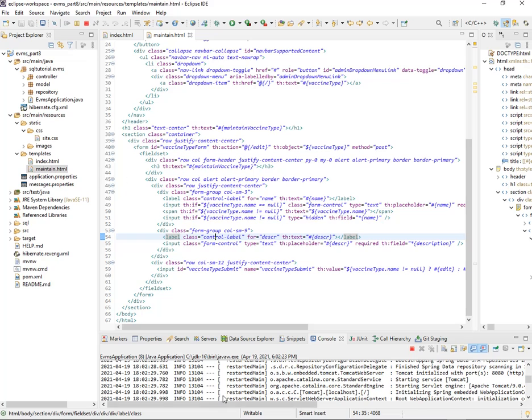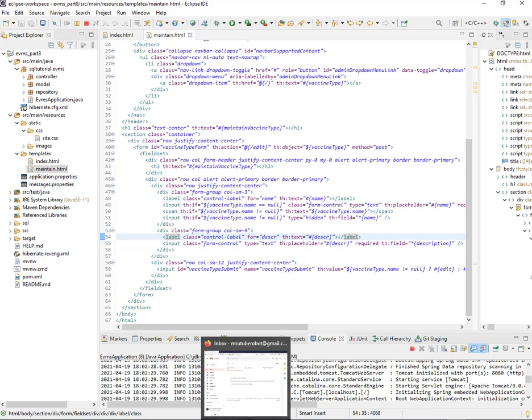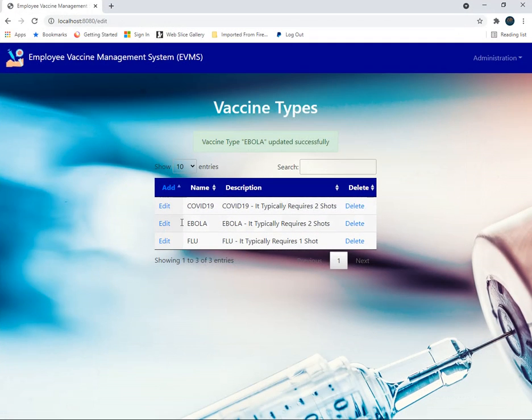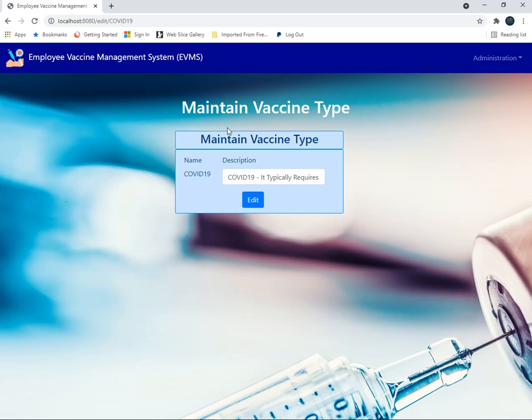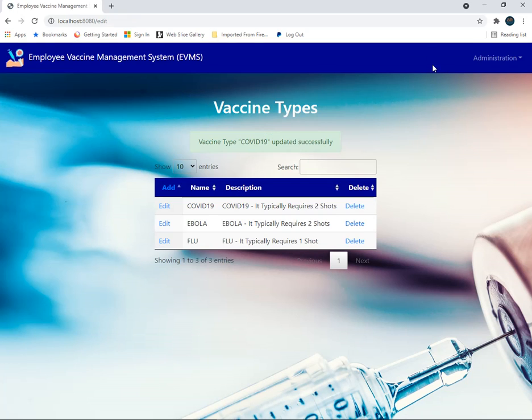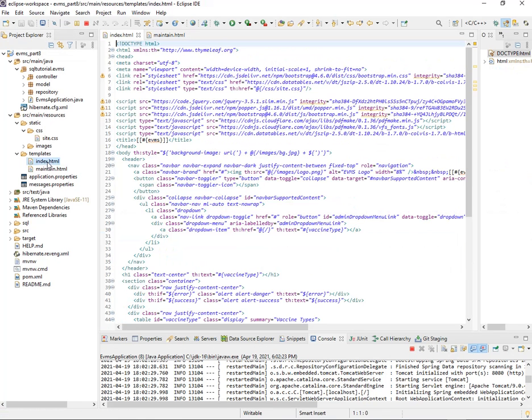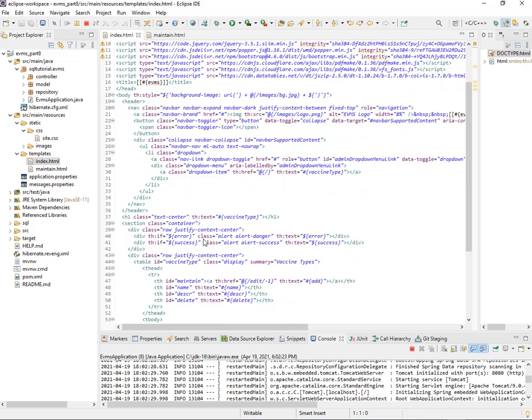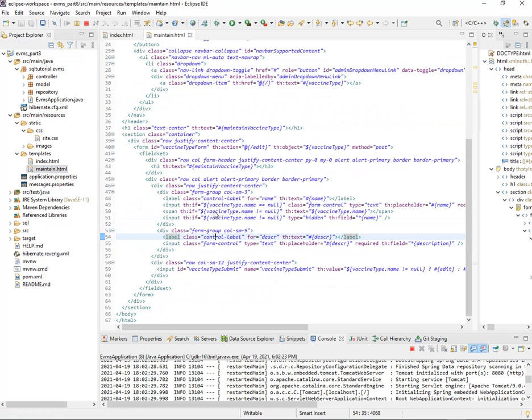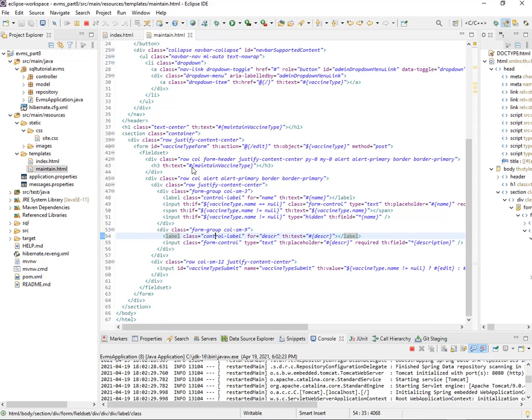Before we do it, let's fix a couple of minor things. First of all, when I click on edit, I'm going to make this color dark blue, and also let's keep the name of the module the same, which I think we called vaccine types. How do I do that? It's pretty simple. In index, we're calling this thing vaccine type, so we're going to stick with that in maintain as well. That would be right in the header right here,